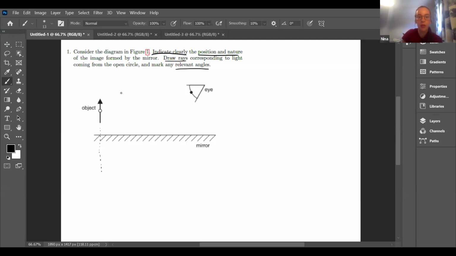So they say draw rays from the little dot on the object. So a ray from this spot would come down to the mirror and get reflected. So this is the perpendicular to the mirror. It has an incidence angle, a reflection angle, and goes into the eye. Right? So these are the 2 rays. And the first thing you absolutely have to note is that the incidence angle is equal to the reflection angle.